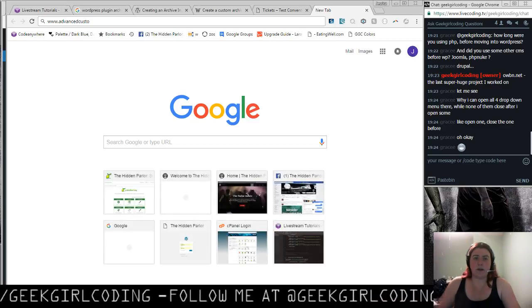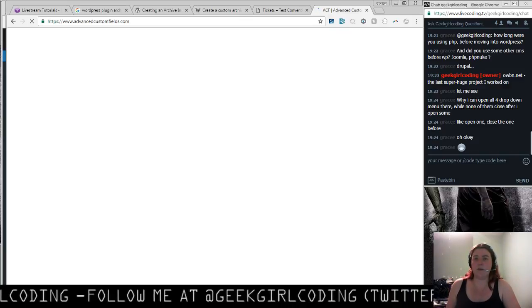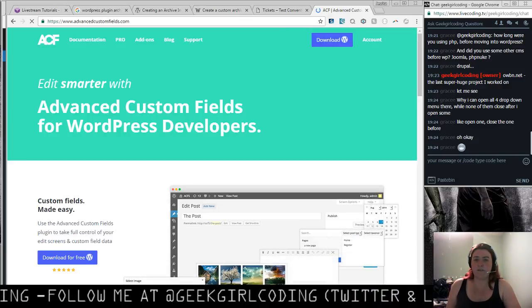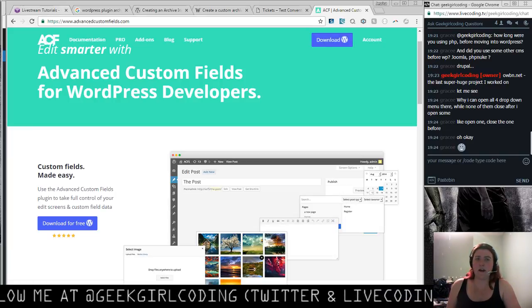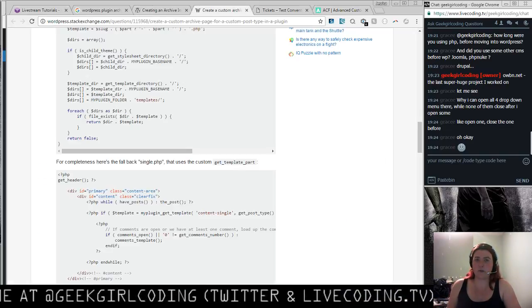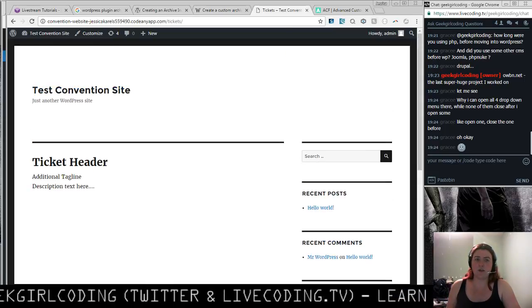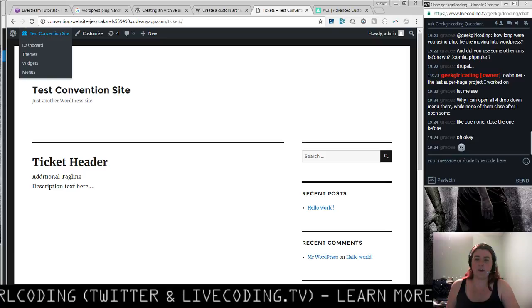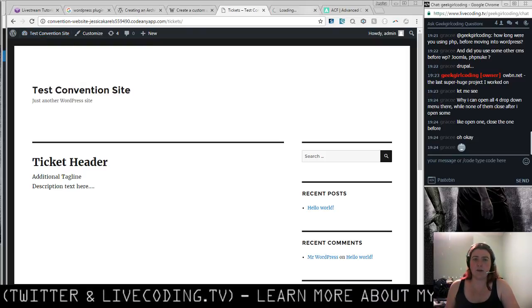If you're working with custom post types, one of the easiest ways to build out the fields is using Advanced Custom Fields for WordPress. I actually use it a lot in my projects, and one of the things you can do is once you're done using that, you can actually extract it over into a file that you can automatically import on future projects. So to show you a little bit of how I did that,